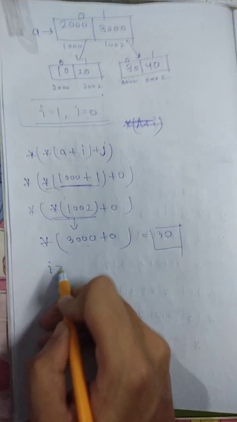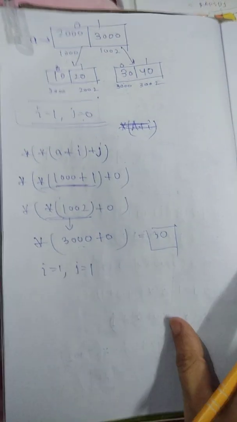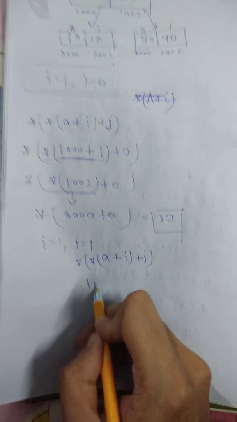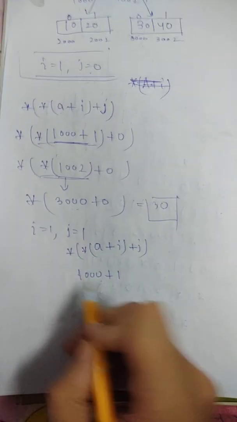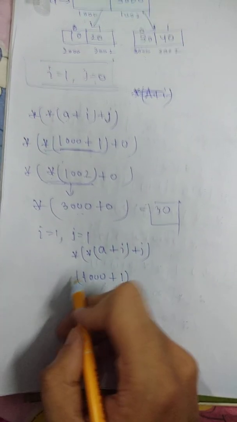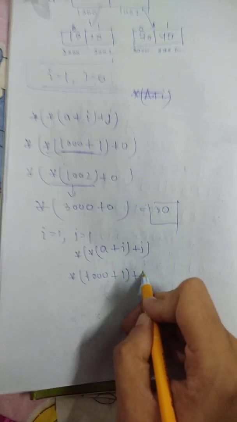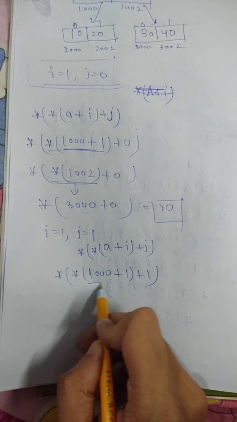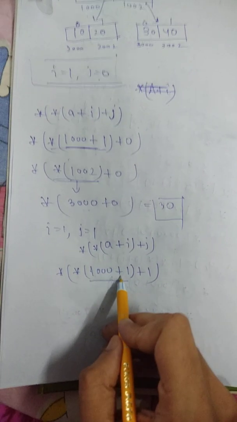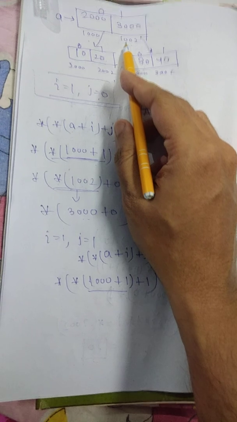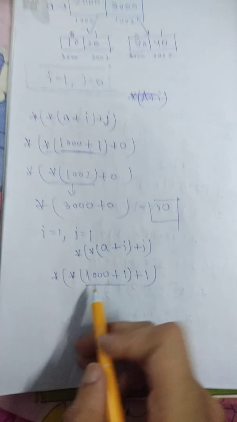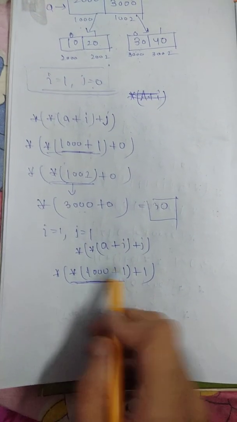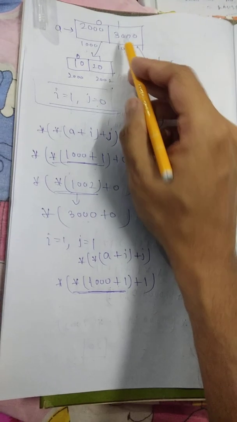Next, the inner loop again changes 0 to 1. So I will be 1 and j equal to 1. So for this, what is the value? Let's see what is the A value. A equal to your 1000 and what is I value? Suppose 1. Okay, then it is star plus j is 1. I 1, j 1. Then again whole star. Tell me what is 1000 plus 1. 1000 plus 1 means next memory location, that is your 1002. Okay, 1002. Then star 1002, what does it give? Star 1002 is value at this memory location. So 1002 is 3000.